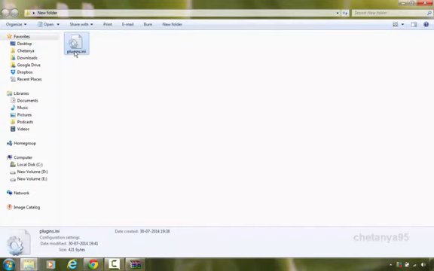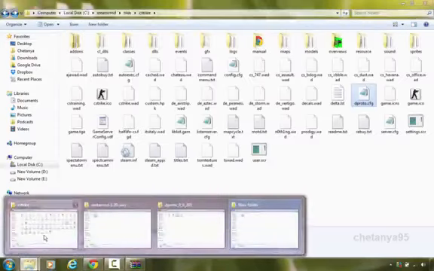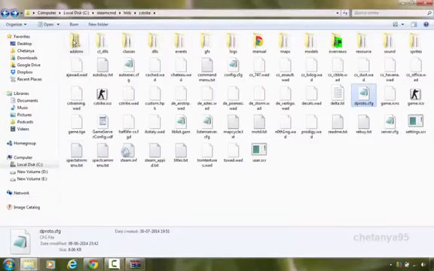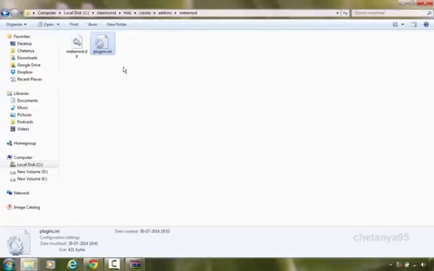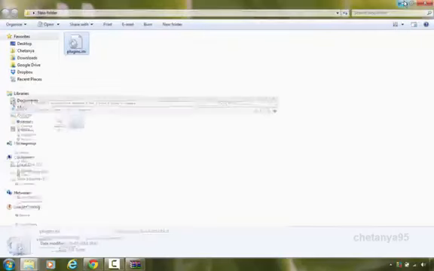The link must be in the video description so you can download the plugins.ini from there. Copy the file and in your cstrike folder of SteamCMD, go to addons and in the metamod directory, paste the file plugins.ini. Now this completes the dproto installation part and now your server is both non-Steam and Steam compatible,